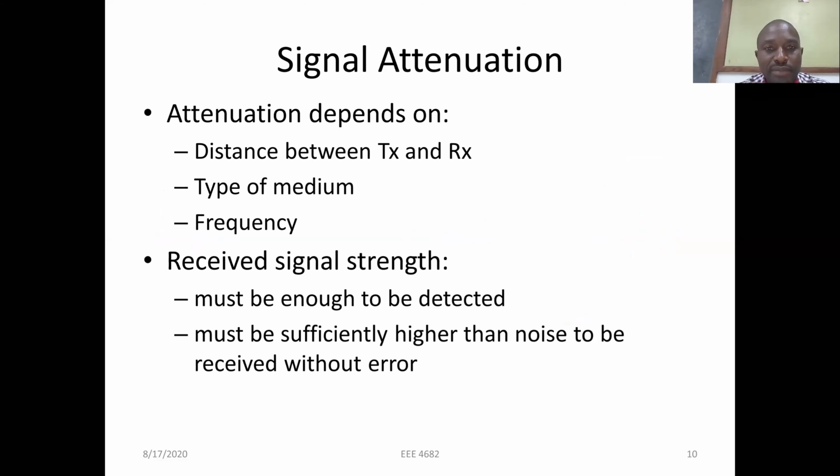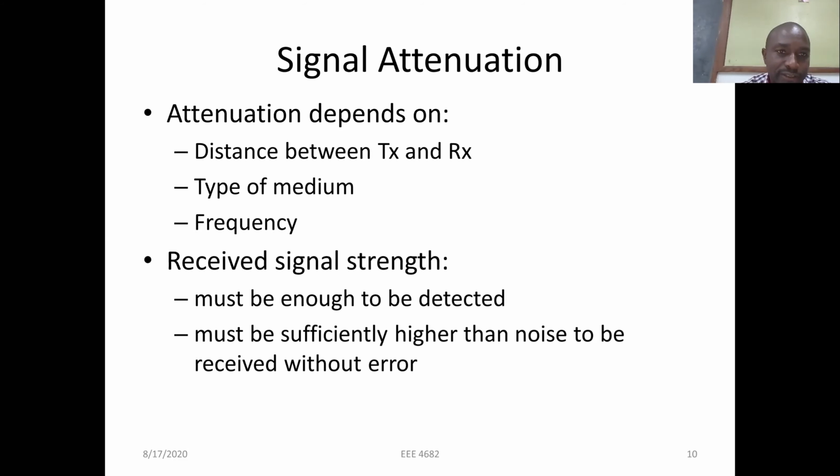And also the type of media, as we know, different types of media. You have media using cables, media using the radio interface. Each of these different types of media will offer different values of attenuation. Also frequency, at higher frequency, we expect attenuation to be low, but as the frequency reduces, we expect that attenuation